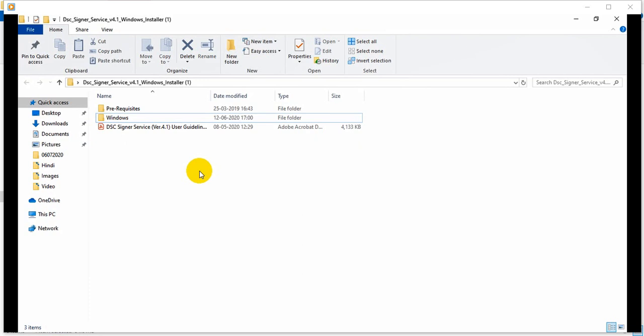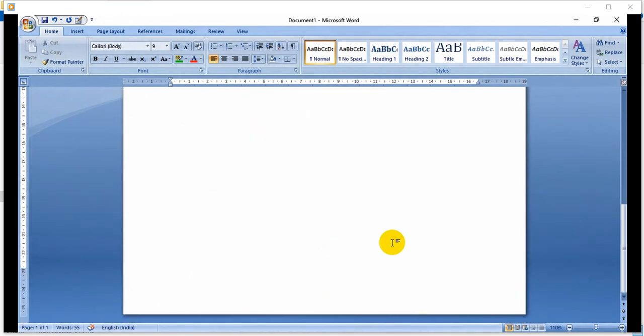Okay, let me tell you some basic needs. Let me open the Word document coming below. I should type, that will be good for you. So what is the minimum requirement to install the digital signer service is important, as it is not like that someone using the XP operating system on his computer will be able to install the digital signer service. So I'm writing the minimum requirements. Windows. Okay, first I should increase the font size so that it is readable. 26 will be okay, I think. Okay, 26 is selected. Windows 7 or above.